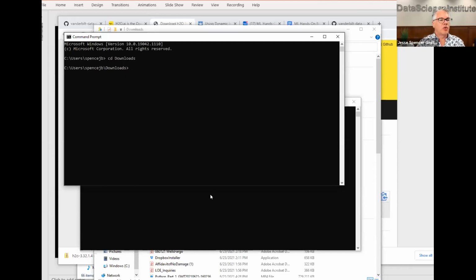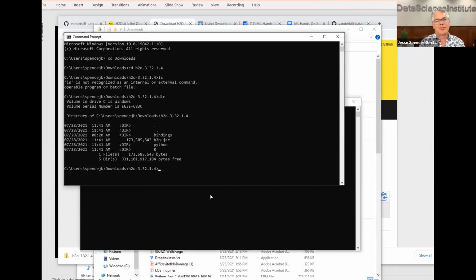So what we're going to do is we're going to do CD H2O, and then we're just going to hit tab. And it's going to figure out that we need to change the directory to the H2O subdirectory. We're going to hit enter. Okay. Now we're going to do ls to take a look at all the files in here. Oh, sorry, dir for where we are. And you can see it lists all the different things here. And it looks like we're ready to go.